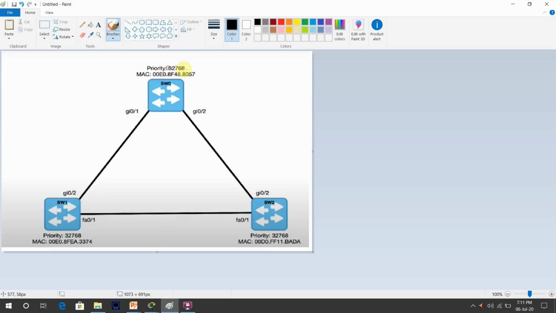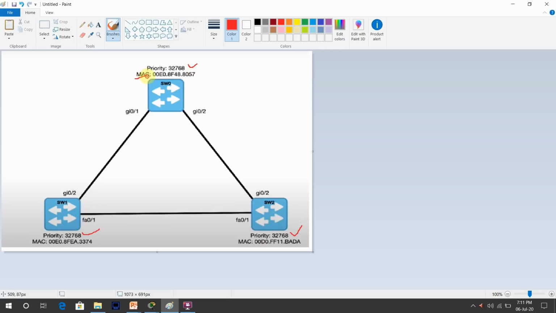It means all three switches have the same priority value. So the priority values of the three switches are the same. Now what is the next criteria to elect the root bridge, your root switch? The second is MAC.